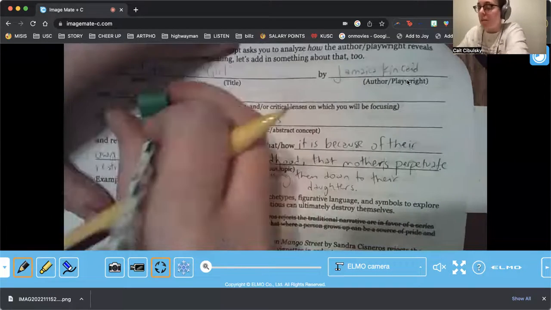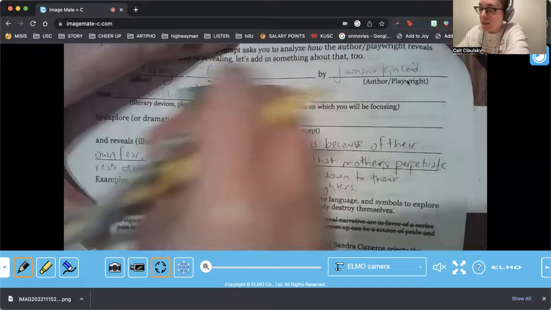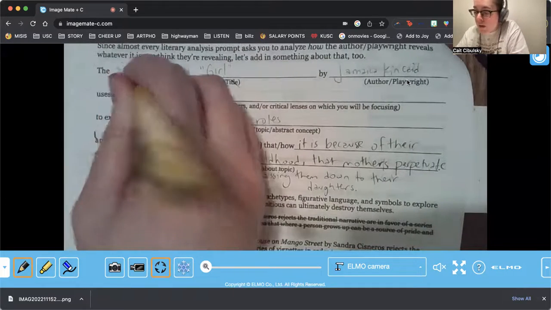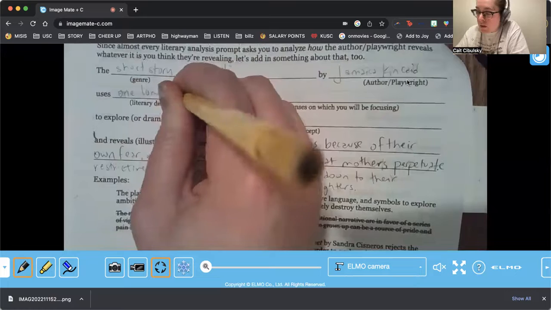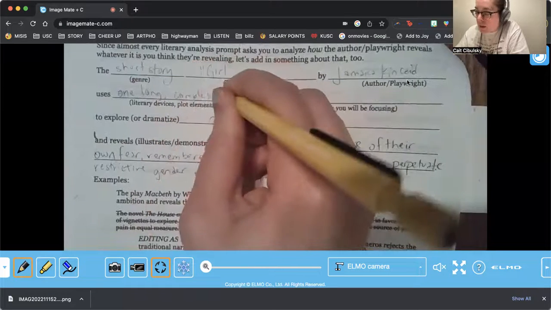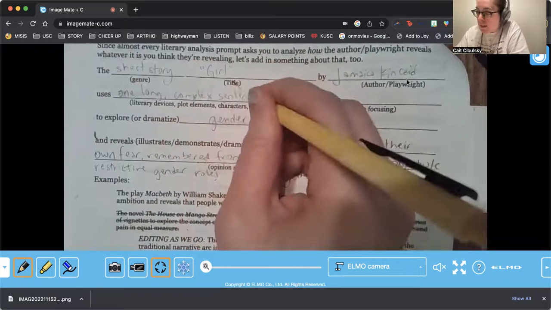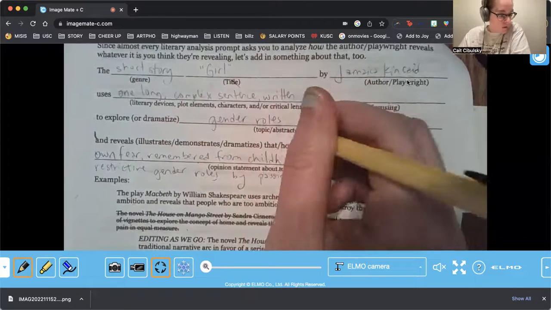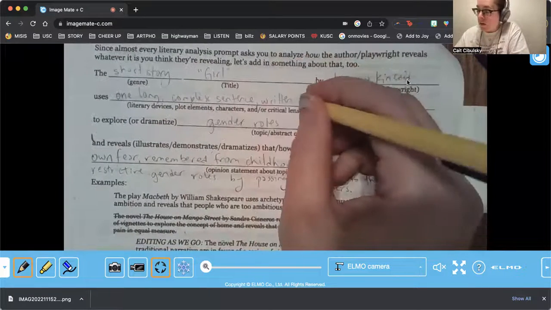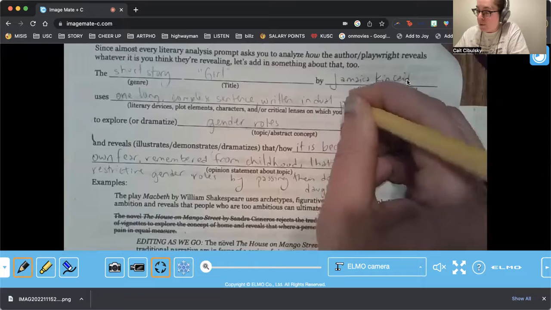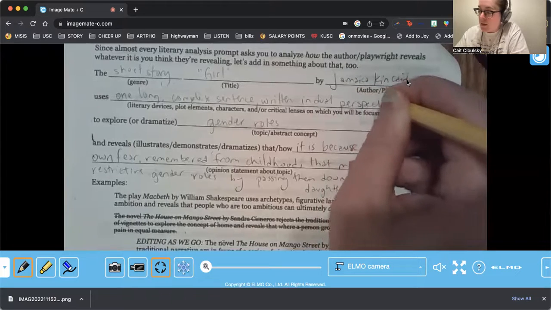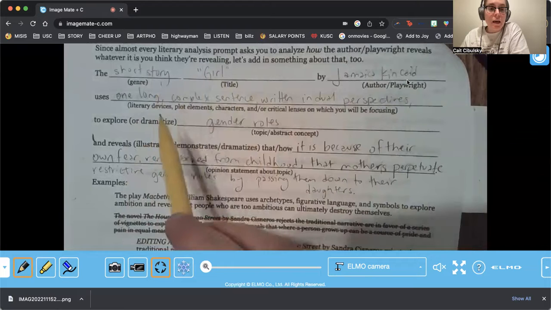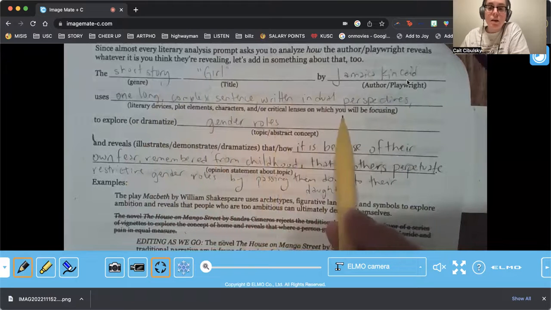No, let's make it even easier than that. Uses one long, complex sentence written in dual perspectives. Okay, so now it says the short story Girl by Jamaica Kincaid uses one long complex sentence written in dual